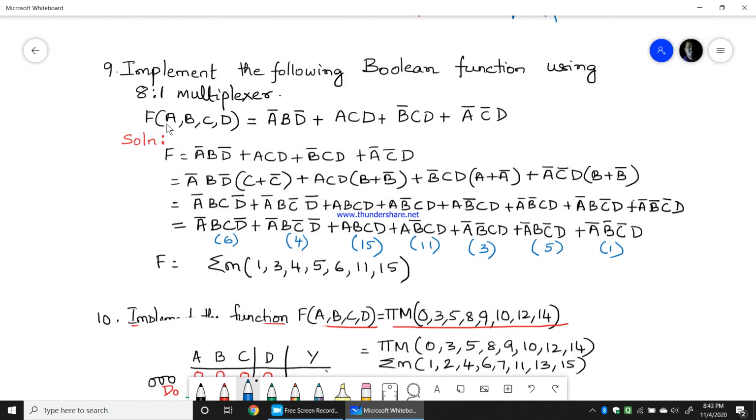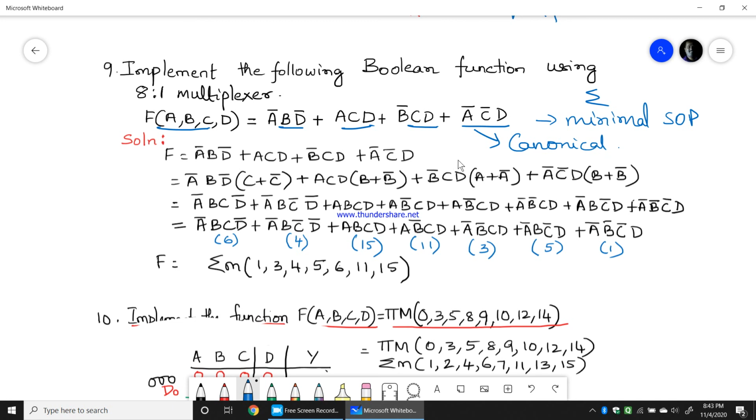So this 4 variable function is given to you. Sometimes they will give you a Boolean function as minterms, or sometimes they give you some sort of expression like this. This given expression is a minimal SOP function, a minimal sum of product expression, which is the simplified expression. I need to convert this into a canonical expression.